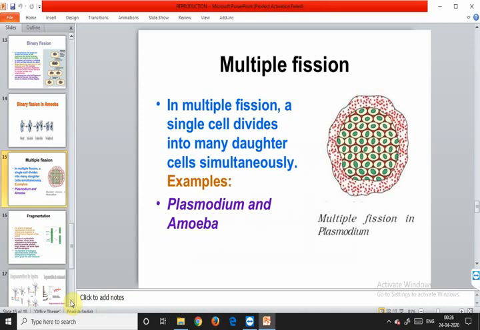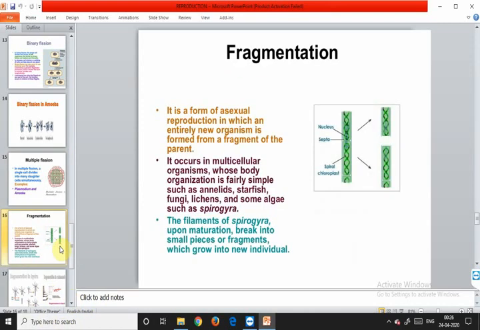That is, whenever division is occurring, it continues to occur until many daughter cells are formed, and this occurs in Plasmodium mainly and amoeba. The next one is fragmentation. Fragmentation is also a form of asexual reproduction in which an entirely new organism is formed from a fragment